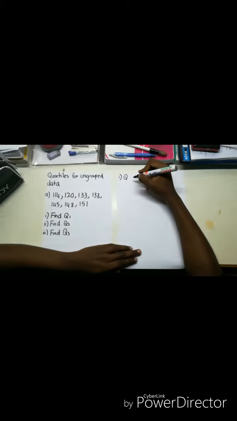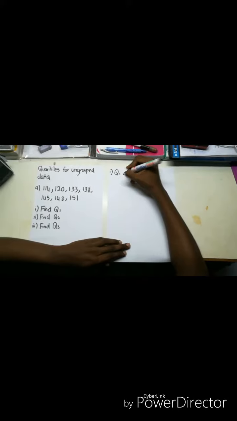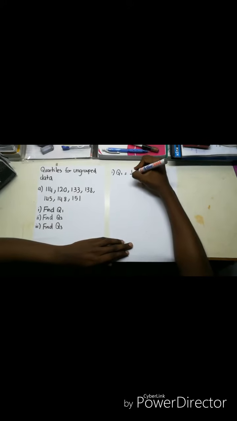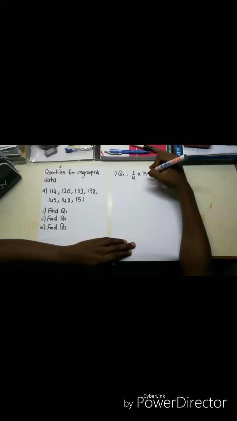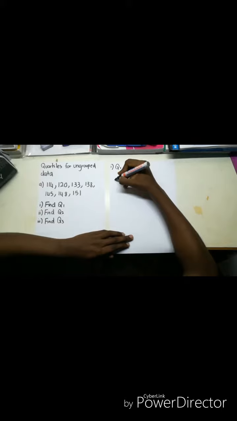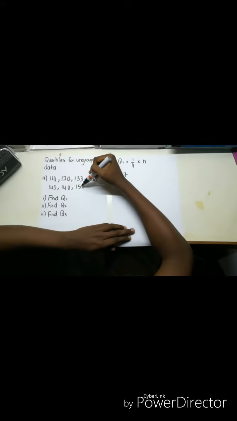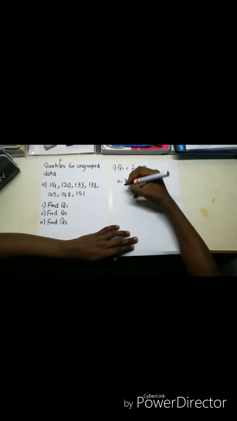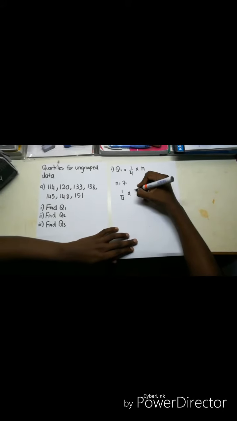So first, to find Q1, we know Q1 is 25% of the total number of data. So it means 1 over 4 multiplied by n, where n is the total number of data. For this question, n is equal to 7. Why 7? Because there are 7 data: 1, 2, 3, 4, 5, 6, 7. So we just need to multiply 1 over 4 by 7, we get